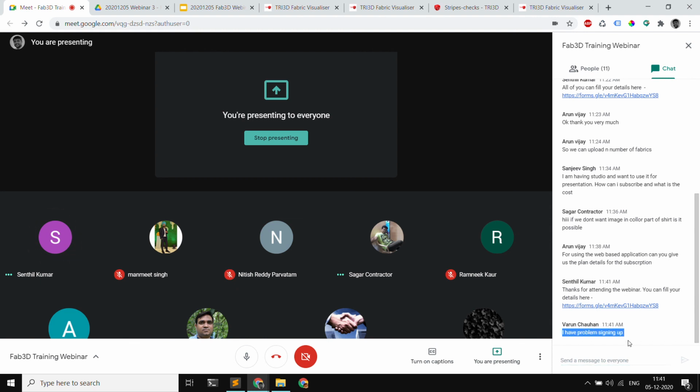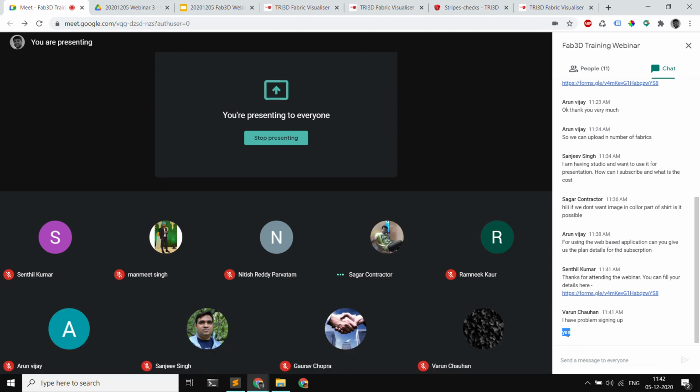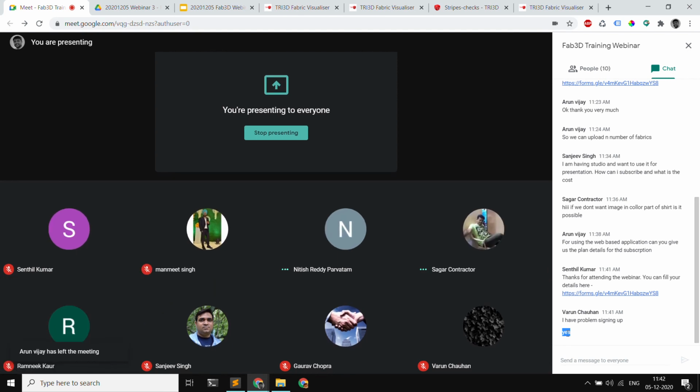Since yesterday evening we were seeing a few complaints on this, that it says some captcha error while signing up. Is that the error that you're seeing, Varun? We are also testing on our side why that is coming up, because when we sign up on our side, we are not able to recreate that error. So we are also checking on that. We will let you know once the issue is resolved.